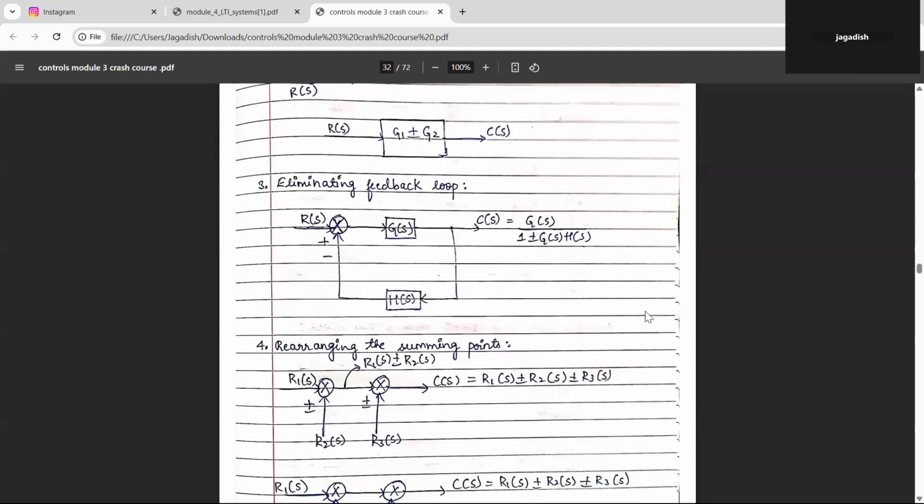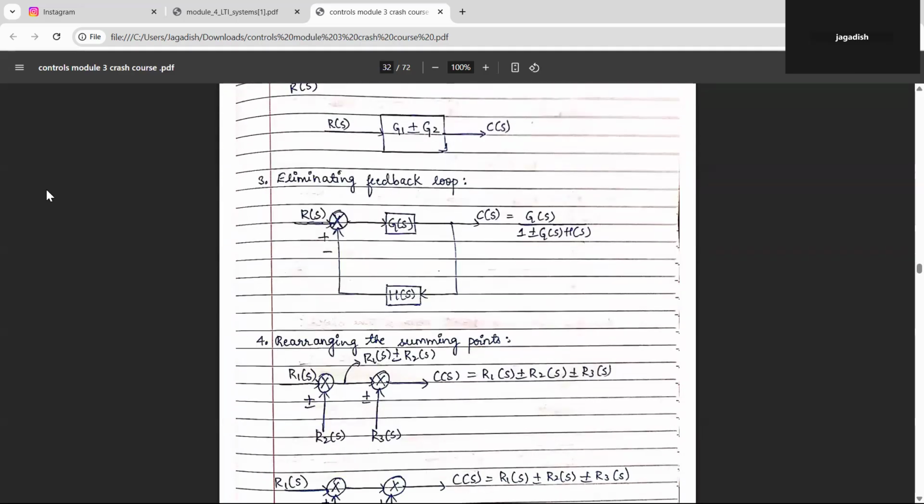So I have to use this formula to eliminate the feedback loop. What is a feedback loop? This is a feedback loop. So I have to use this formula: G of S divided by 1 plus G of S into H of S. Same formula I have to use in the